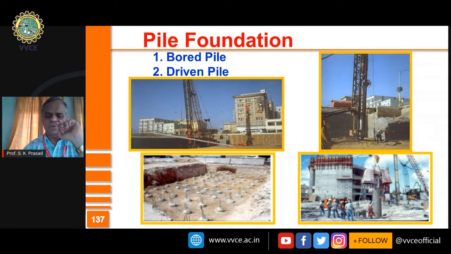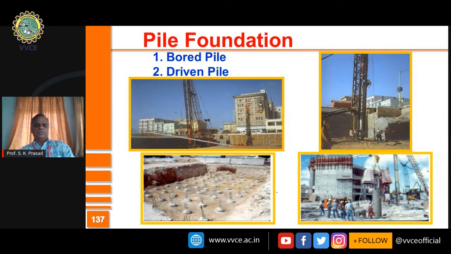on the ground. So you place the pile on the ground. At the bottom, you have a sharp edge, which is made out of tough steel. And then at the top, you have a helmet or a cap before hammering, and you hammer from the top till the pile reaches its desired depth. It may be 10 meters, 20 meters, 30 meters. There is no limit for that. You keep on hammering it. So that's a driven pile.